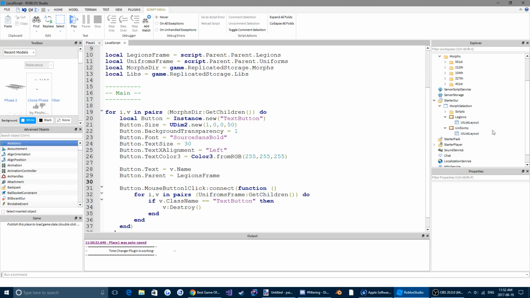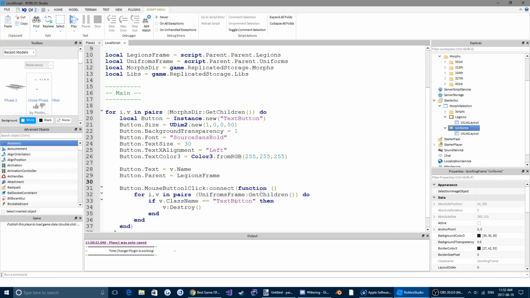So when we first start, nothing's going to happen because there's no child in the uniforms frame that has the class name of TextButton. But when we click the Legion and it draws the list, it's going to draw it with text buttons. So we want to get rid of all the old ones and replace them with the new ones. So after we do that, we're going to